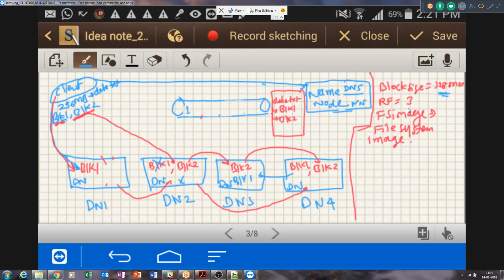Now these data nodes, DN1, DN2, DN3, DN4, the number of data nodes could be 1000, 2000, 3000, 4000. It may go up to 10,000 data nodes, each with 500 GB of RAM, 50 terabytes of hard disk, and around 50 or 60 CPU cores. So each node would be very large in its capacity, and 10,000 nodes could be connected. Though nobody has reached that level, as an administrator you will mostly manage clusters from a minimum of 10 or 15 nodes to around 200 to 500 nodes. Okay, so why did I tell you this, because this is the basic of things.